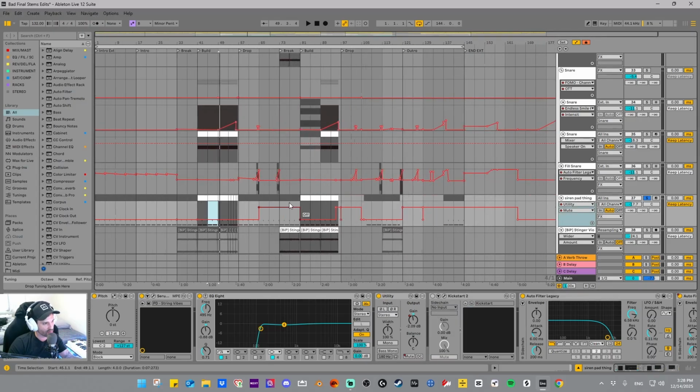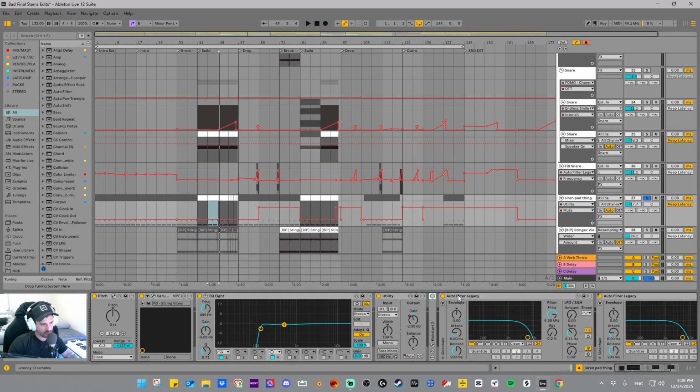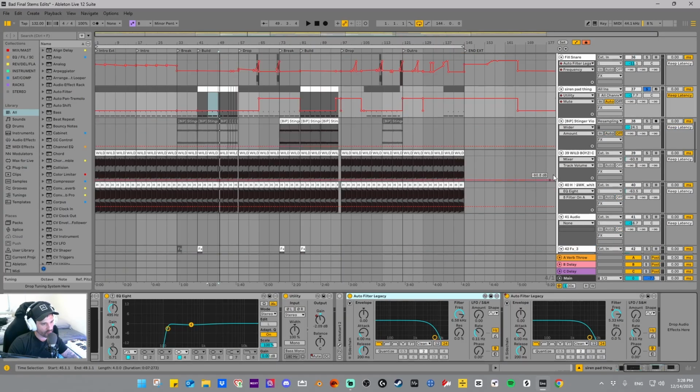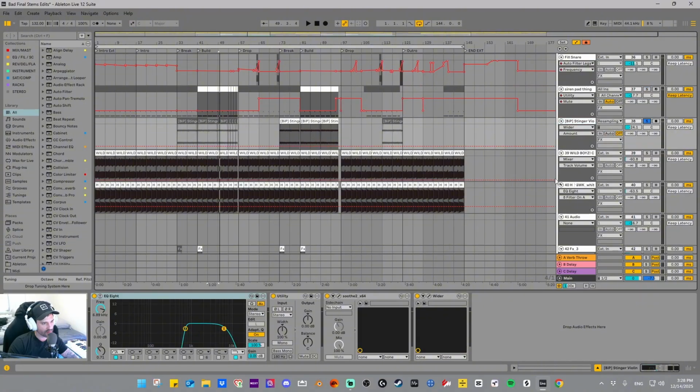So we're muting it here in the drop. I think we were initially going to have it here in the drop and builds in some other spots, so we were automating that, but doesn't look like we ended up keeping that. This kickstart's not on. Auto filter, just cutting out some of the highs there, and then this one's actually automating for the build. And then we have this Stinger violin,